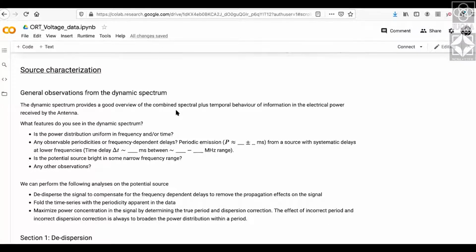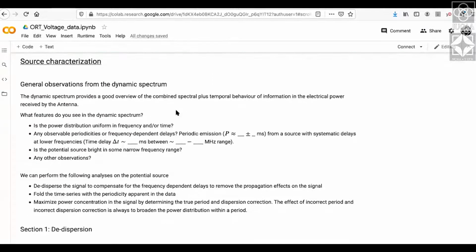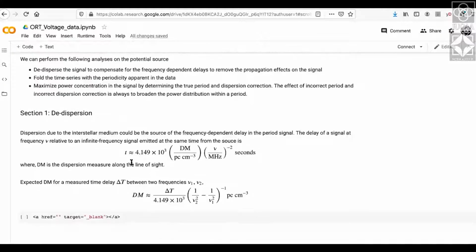Now you can do the first step. Once you have the dynamic spectrum, you'll get an idea of what the maximum delay is for the frequency range you're observing, with which you can get a rough estimate of the dispersion measure, and you can actually correct for it, assuming a rough value. Similarly, you can look at the plot and find a rough value of the period. You can use that value. You can get an integrated profile just to make sure the algorithm is working right.